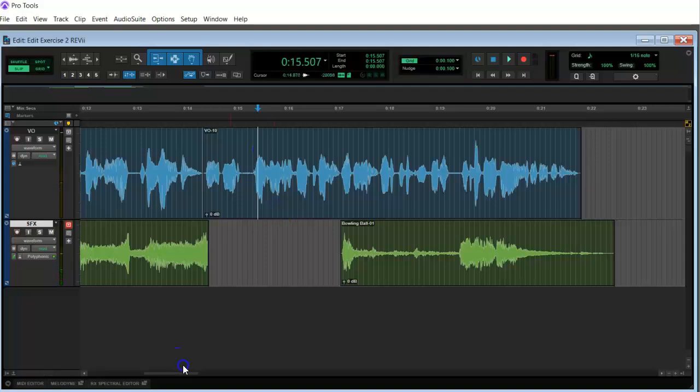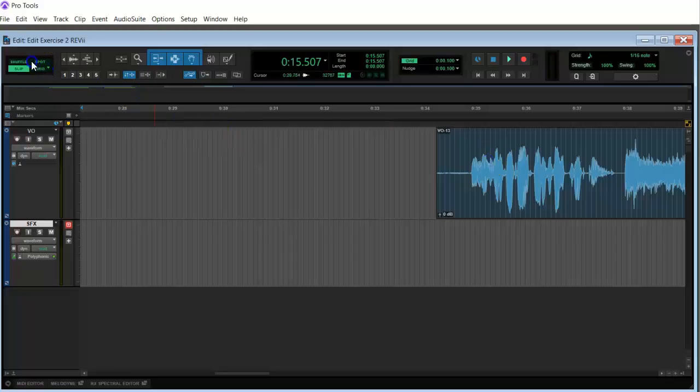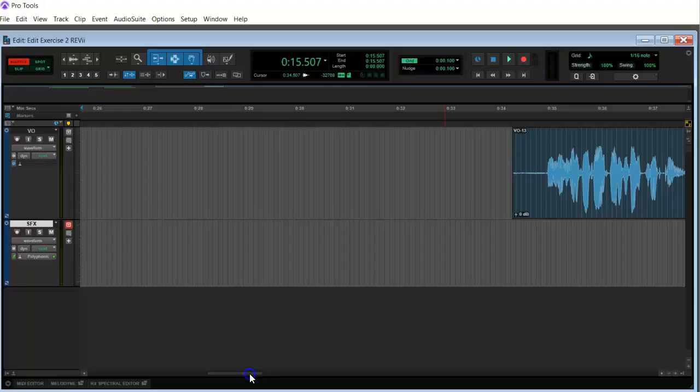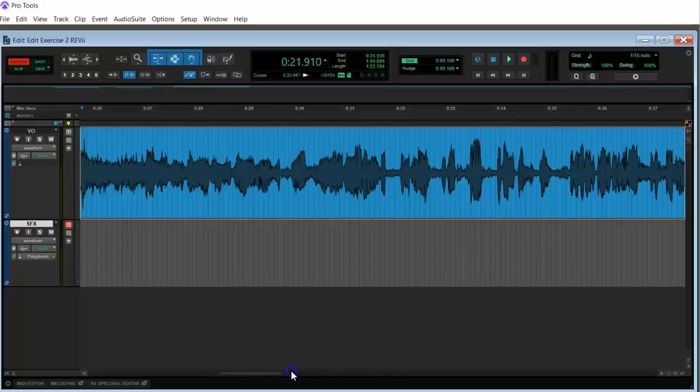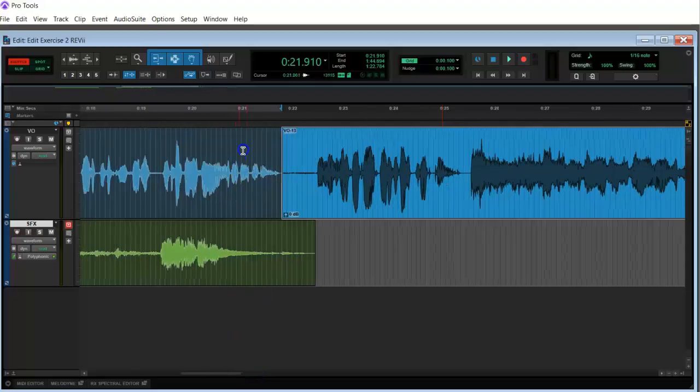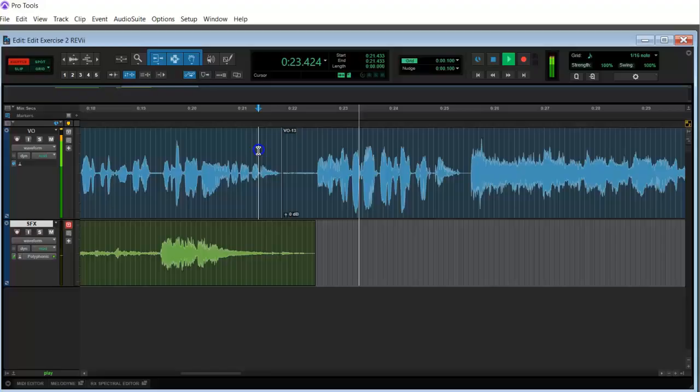All right, and now we do have this gap, and in this case, we need to grab this, and we need to put it back so that it touches the other voiceover. So I go into shuffle mode for this move. I'm going to click with the grabber, and I'm going to drag until I see that it just moved all the way over. Last weekend. We will have the weather forecast right after this short timeout. In this case, we will have the weather forecast.